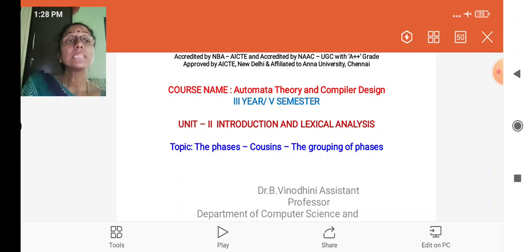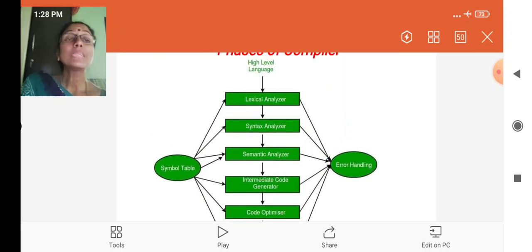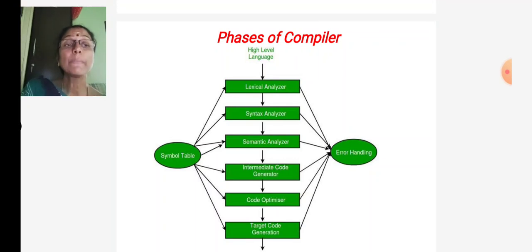In today's class, we are going to see the phases of a compiler, how our pre-processed source program is converted into the assembly level language program using some phases. So first I will list out what are all the phases required for converting our source program into the assembly